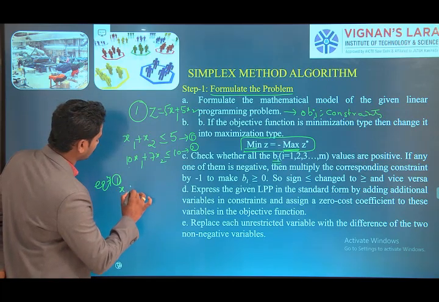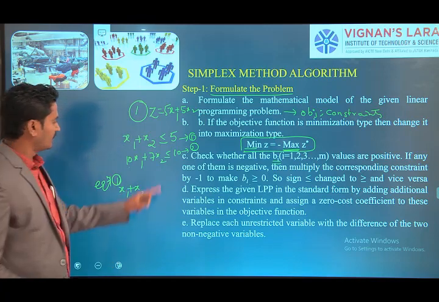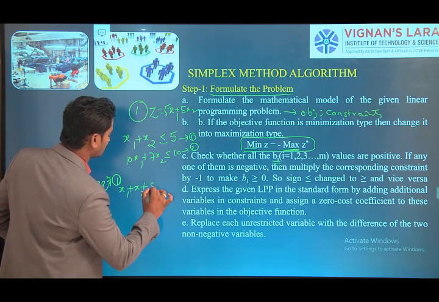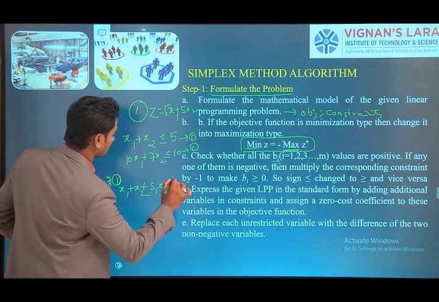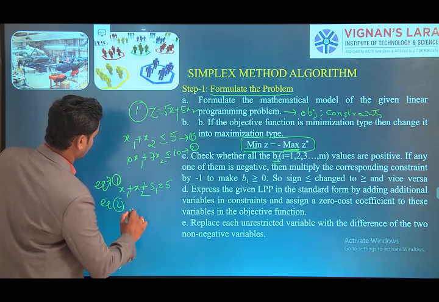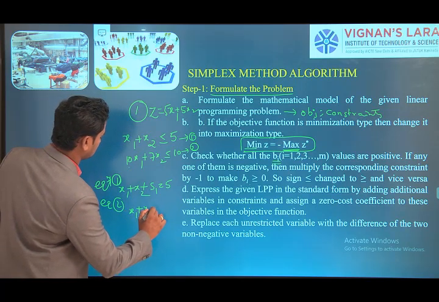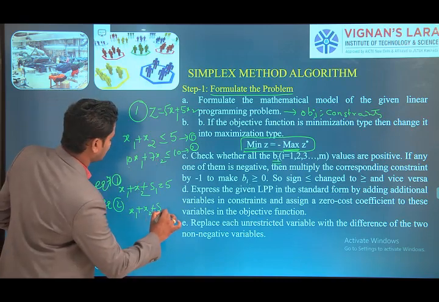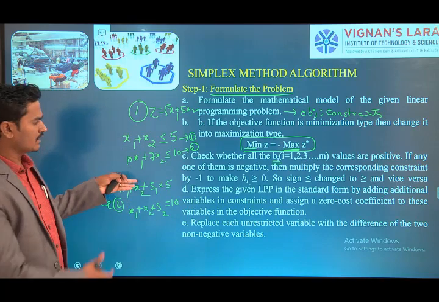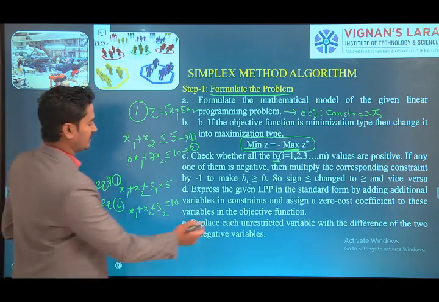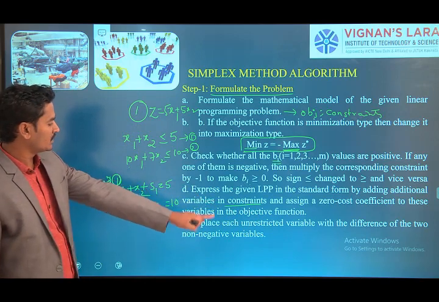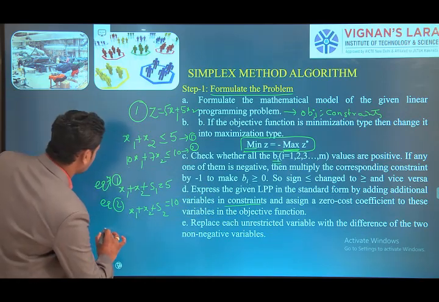When we are converting this into equalities, from equation 1, how do we convert the inequalities in the simplex? If it is a less than or equal to type constraint, we add the slack variables: x1 plus x2 plus s1 is equal to 5. Next, coming to equation 2, 10x1 plus 7x2 plus s2 is equal to 10. Okay, here we are converting inequalities into equalities.